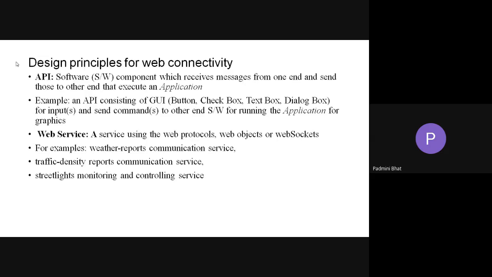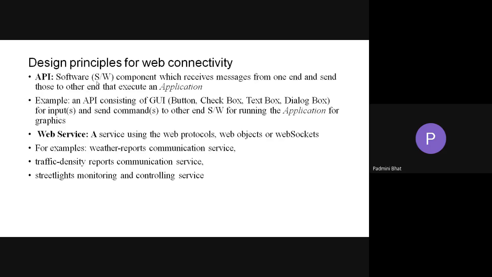It receives messages from one end, maybe from the client or input. The API consists of a button, checkbox, text box, dialog box, something like that. And the other end is software for running the application and the graphics.